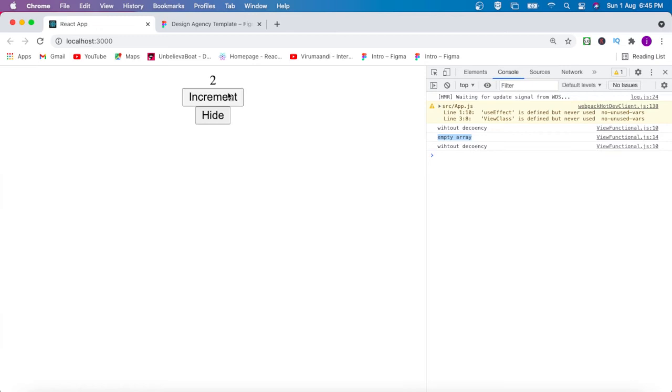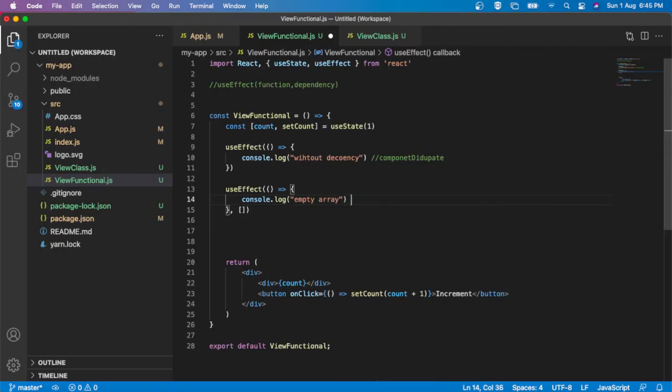Now if I try to increment the value, or change the state of the component, it is not called again. This means it is treated as componentDidMount. Clear? So if you pass an empty array in useEffect, it will work as componentDidMount.